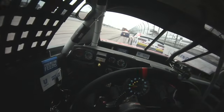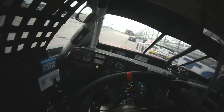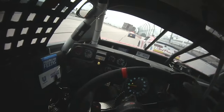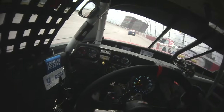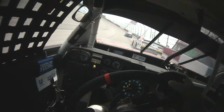The drivers are arriving at an extra $100,000 bonus. It's tightened up significantly in the last couple of laps. Noah Gragson has now followed the field, and right behind him, A.J. Allmendinger in the fifth spot. Austin Cindric and Jeff Burton also competing for the extra $100,000 this afternoon. You never saw